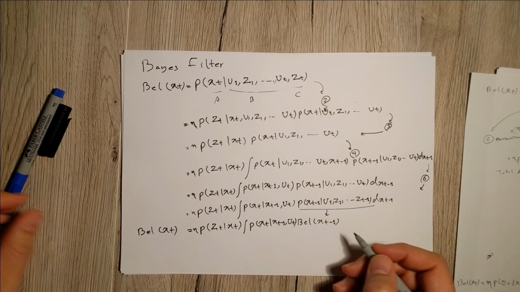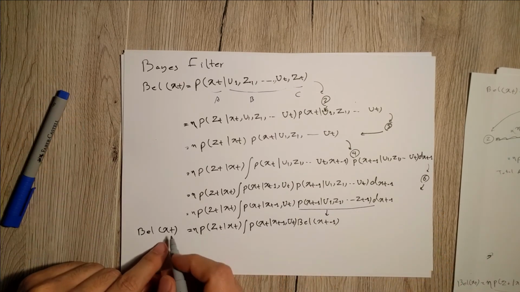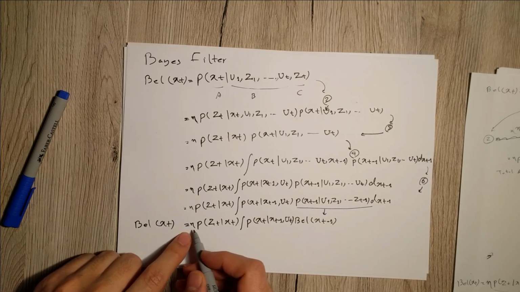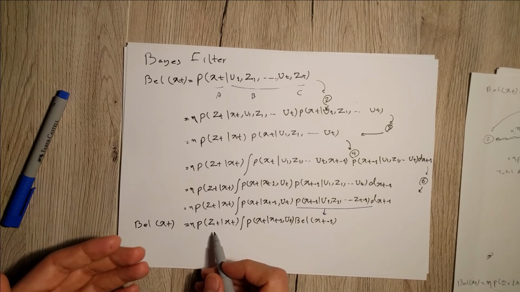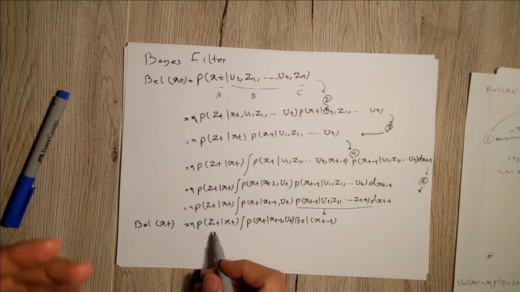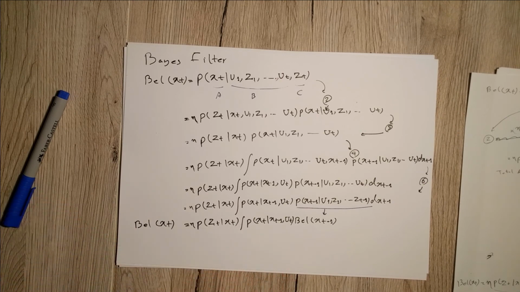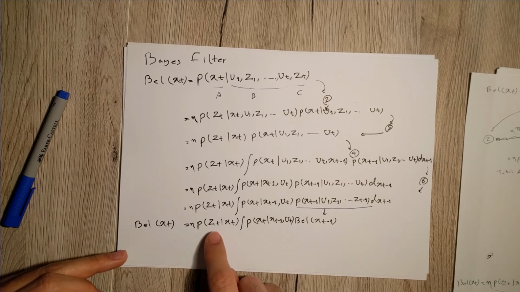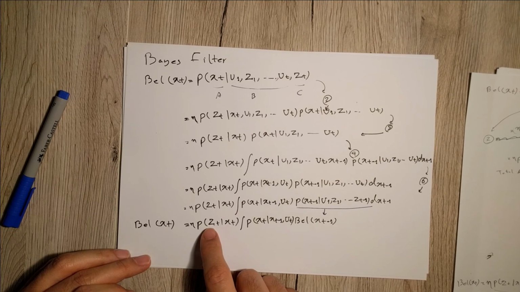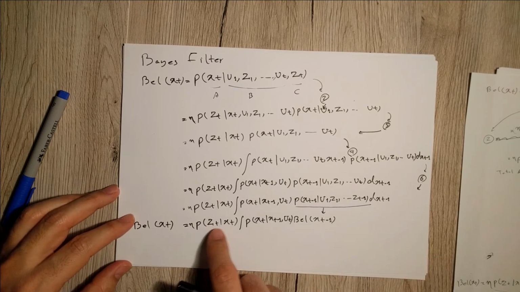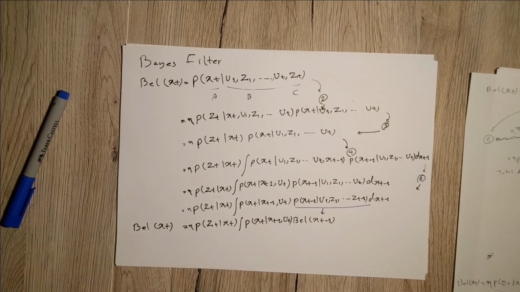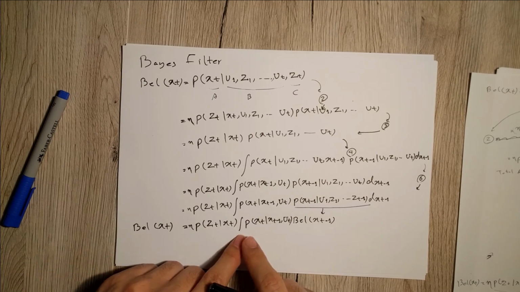And it perfectly makes sense. It's very, very intuitive. Maybe it looks a bit confusing, but it says the belief of being in this state is equal to some fixed value here, p of zt given xt. What does it say? It actually introduces our sensory data. For instance, if we are really at xt, if you're 2 meters away from a particular point, and we are using some laser scans with a reliability of, I don't know, 99%, this is correct. So this introduces our sensor reliability. Imagine you are really 2 meters away from something, with a reliability of 99%. It tells you that if you are really 2 meters away, with this chance you're that far away from that. And this term says, okay,